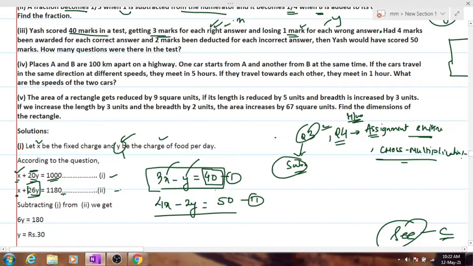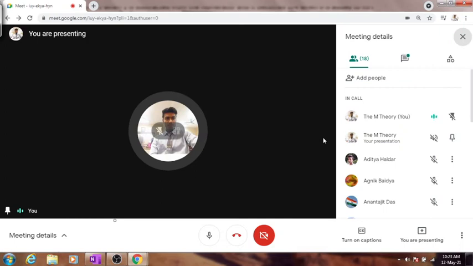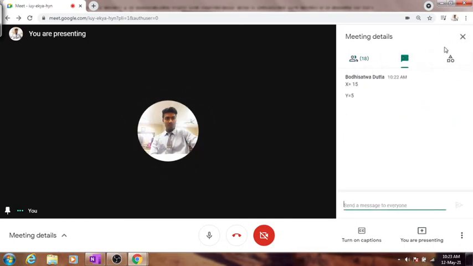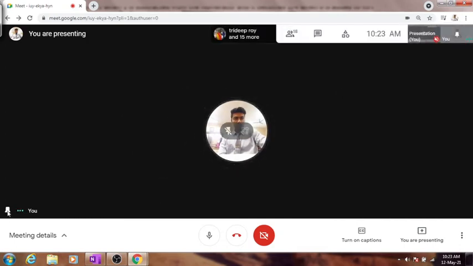x is equal to 15 and y is equal to 5. Everybody kindly confirm. It will be 15, 1 5. x is equal to 15 and y is equal to 5. Yes, it's correct. This answer seems to be correct because it satisfies the first equation. Now, how many else have got this answer? Kindly confirm, everyone. Bodhishwata has already got the answer. Very good.